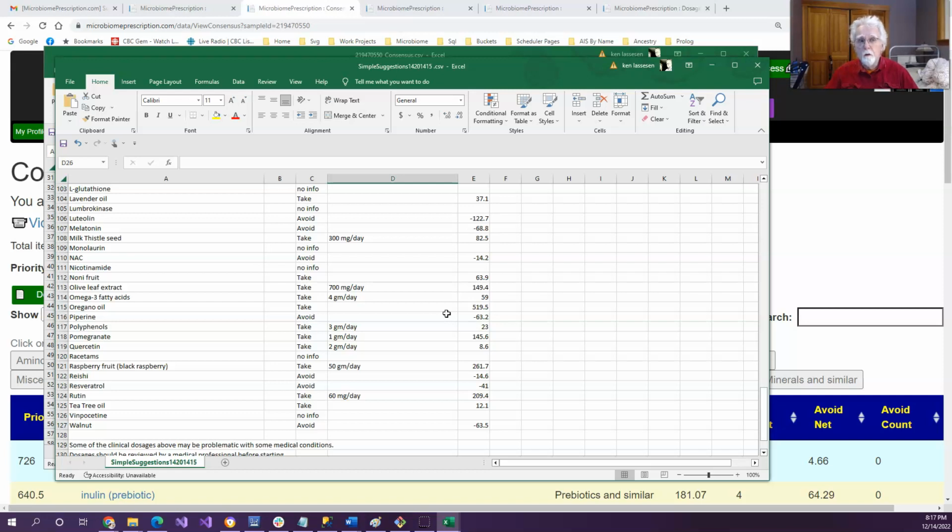So all this does is give you suggestions to start discussing with your MD on what may or may not help, and you don't need to take everything. What it does, it gives you a list of things that could help. So if you do half of them, you're good. You don't have to do all of them. It's not a dramatic protocol to be done. It is suggestions. Okay, I'm going to shut up now